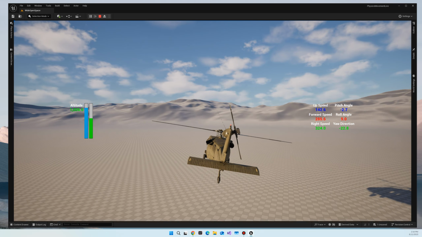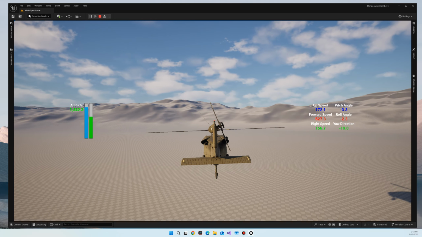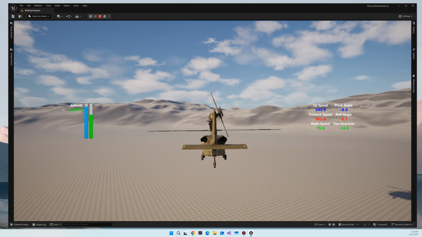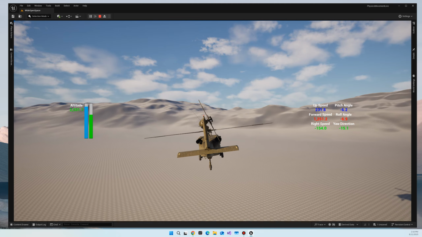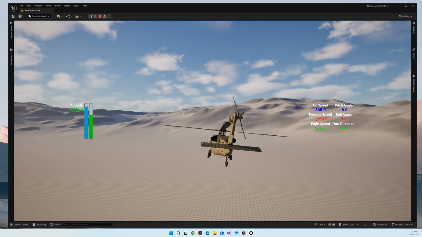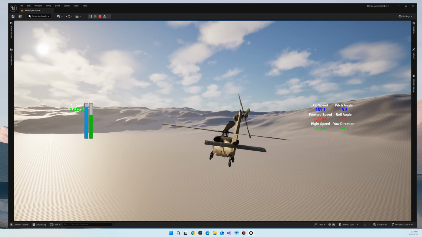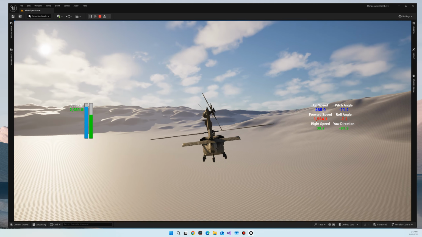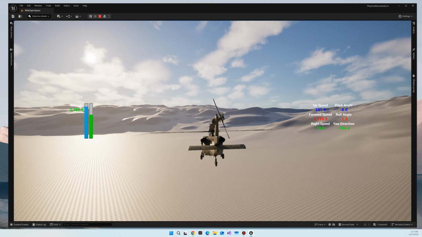But if you've been trying to fly it, it definitely takes a little bit of practice to fly this helicopter, and it's very, very unforgiving, especially when it comes to its pitch angle. And also, as we're flying it through space, it has a tendency to want to get some side speed as well as forward speed. And really, when we're looking at helicopters in real life, they have a tendency to straighten themselves out as they get faster. So we're going to go ahead and implement the missing control systems here